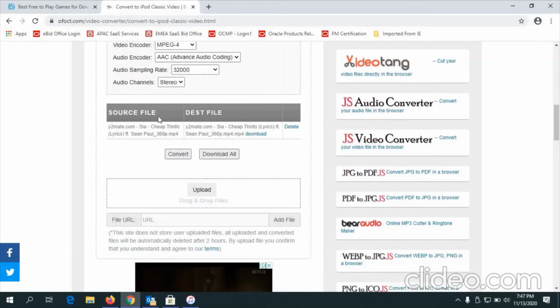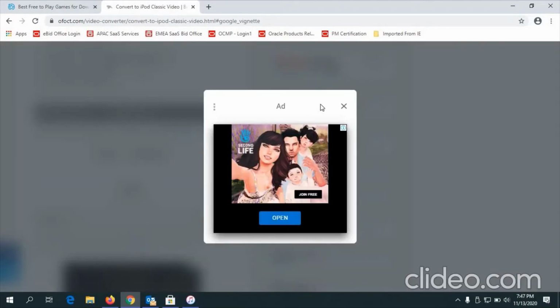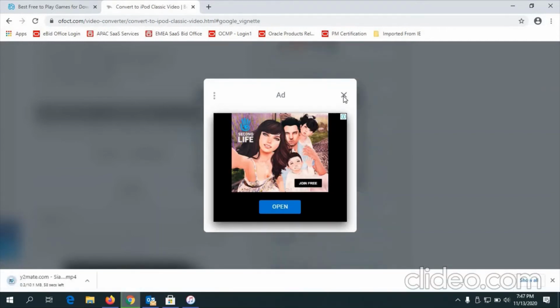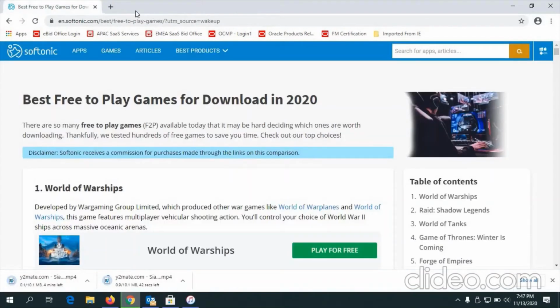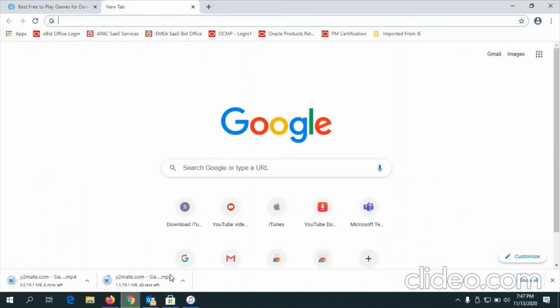Okay, after converting it comes like this. And do not click on download here, just click over here, download. Yeah, so I'm clicking on download. This is an ad, you can just close it. Okay, you can just close it off. Okay, so you can see, it's downloading something else, so I'm canceling that one.